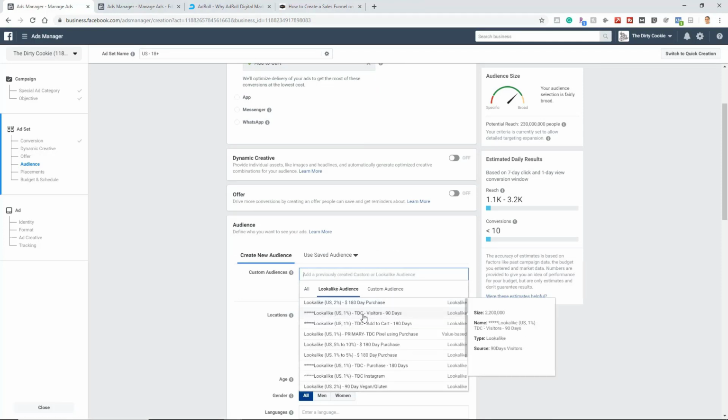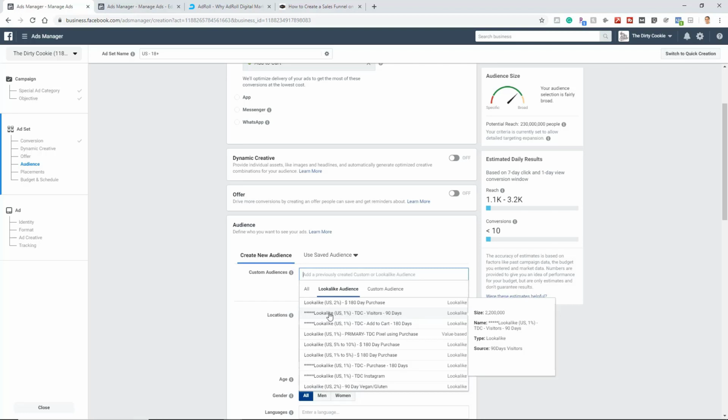So I've started the ones I like. This is a lookalike audience in the United States, niching down to the 1% of the United States. As you can see, the size over here is 2 million. So just 1%. I like that. It's highly focused. I'm forcing Facebook to go out and find users very similar to the custom audience I created